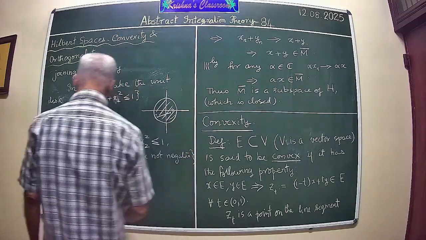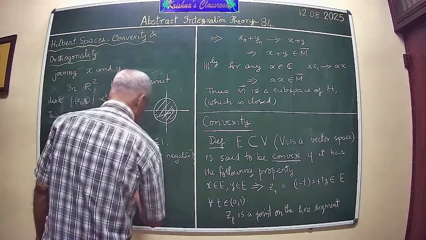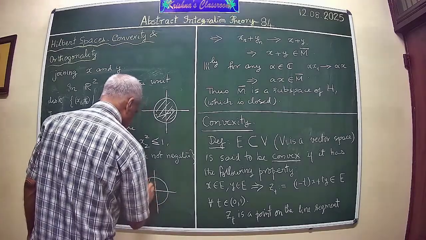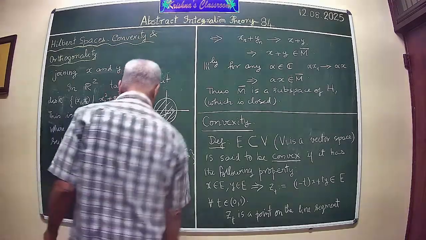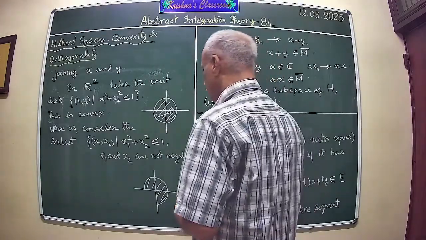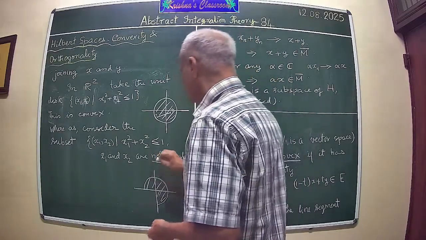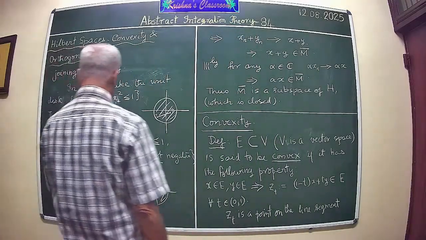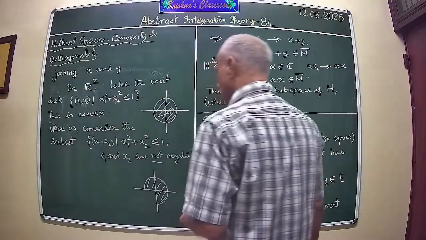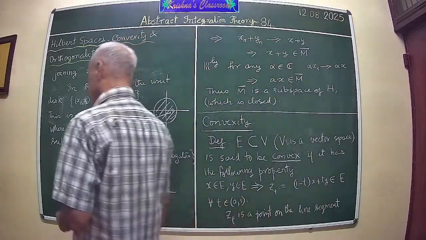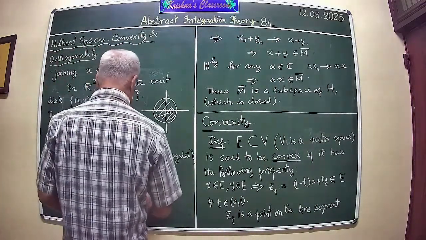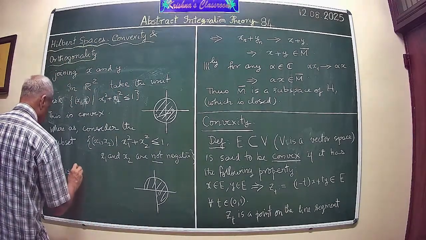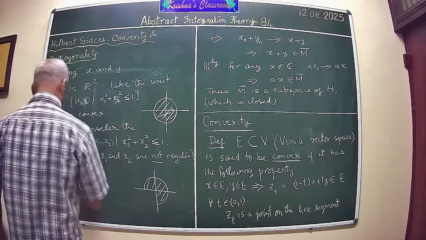That means we are talking about this set. So you can put it this way: either x1 is greater than or equal to 0, or x2 is greater than or equal to 0, one of them. So this set is not convex